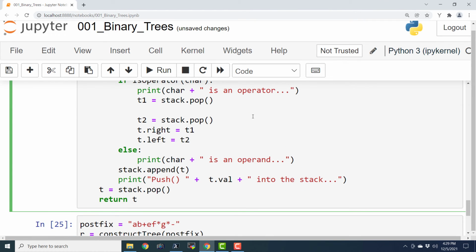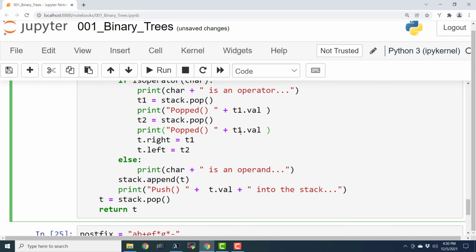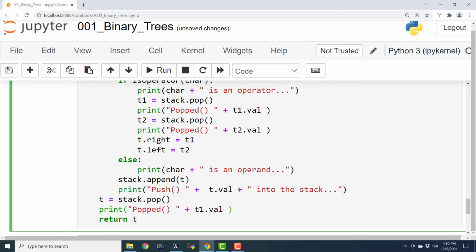And here also I can say print popped t1.val from the stack, and t2.val, it is assumed that it is going to be popped from the stack, and here also t.val.